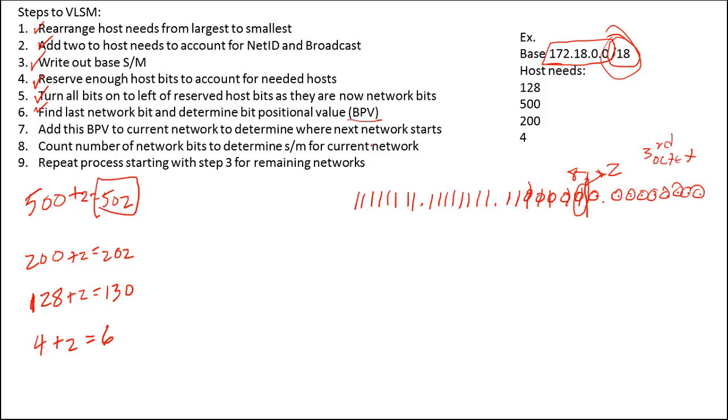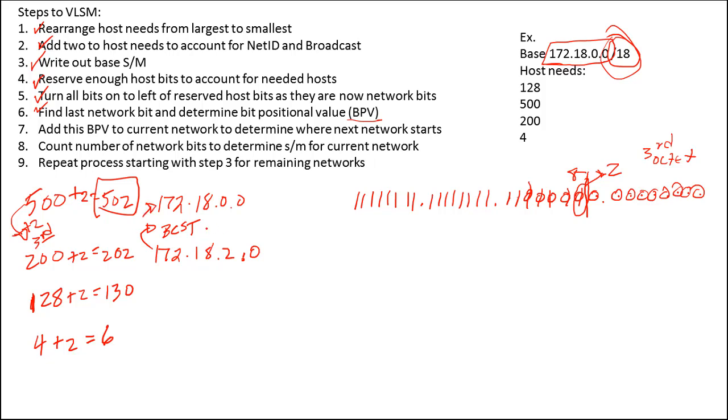So we write our first network starts at our base. So we're going to write our first network. It's 172.18.0.0. Now we're going to add 2 on the 3rd octet to get to the next network. So the next network will start at 172.18.2.0. Okay? Now we can work our way 1 back to get to the broadcast for this network, the one